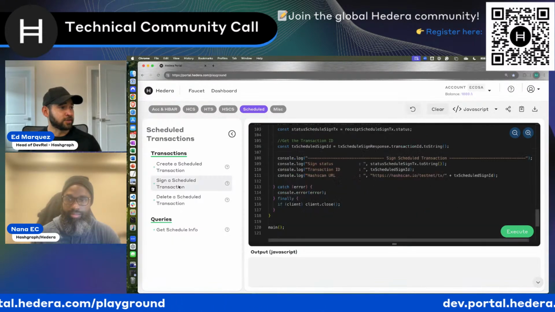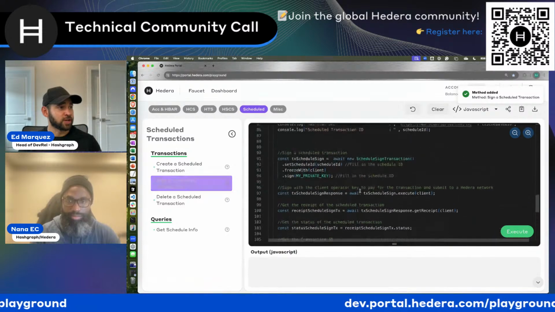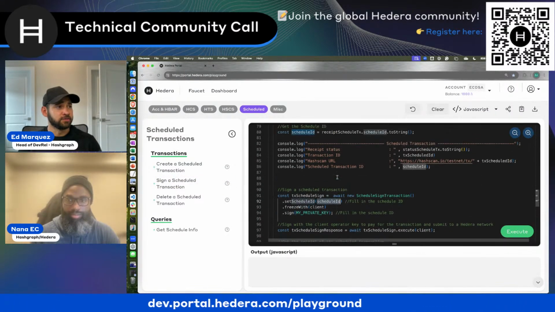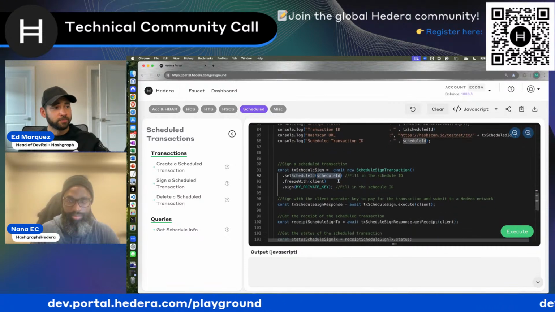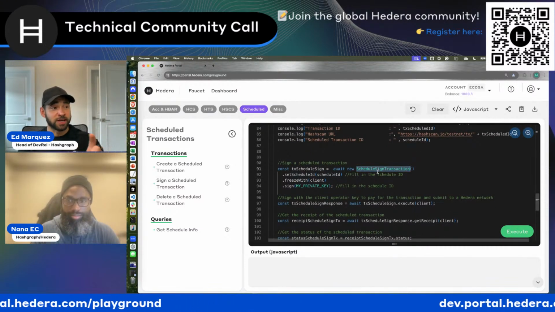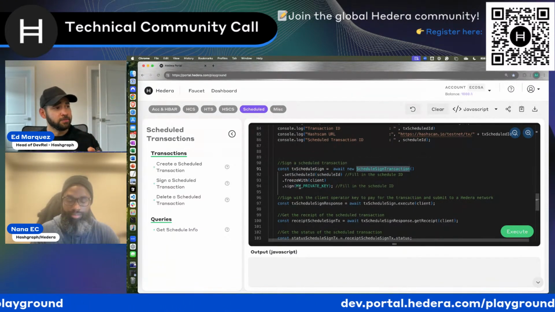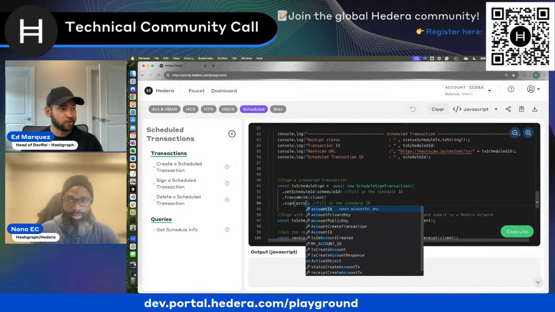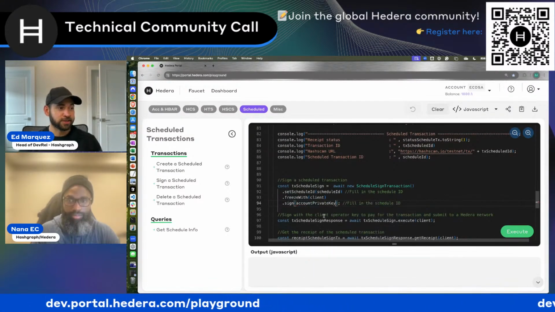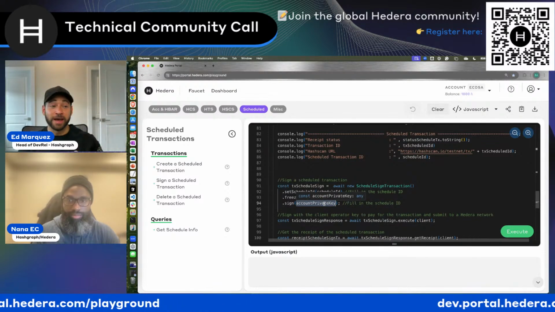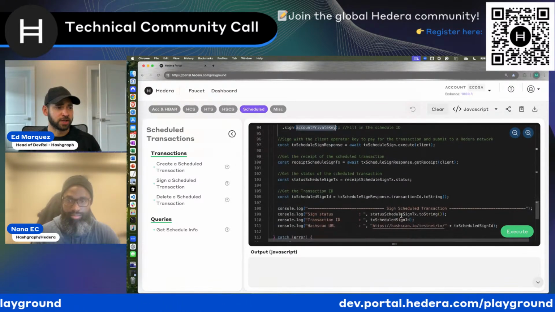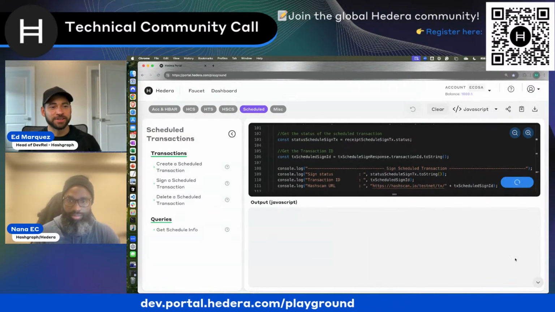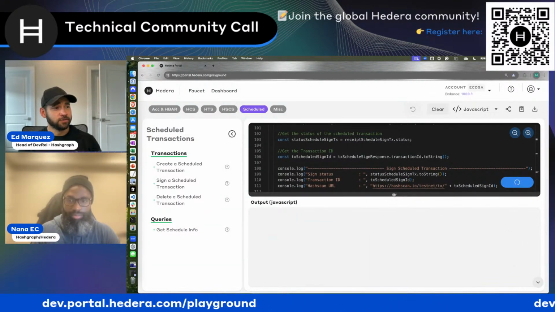And so now we just have to add a sign transaction here. And we just have to make sure that we specify the right schedule ID, which we got from the previous step. We're using the schedule sign transaction class from the SDK. And here, the key that has to sign, I believe it's account private key. This is the equivalent of Alice signing or authorizing this transaction. So once more, this is live. Let's see what happens here. And if we execute the code,